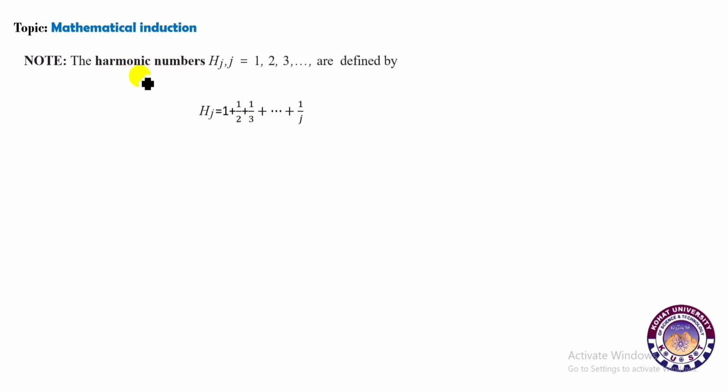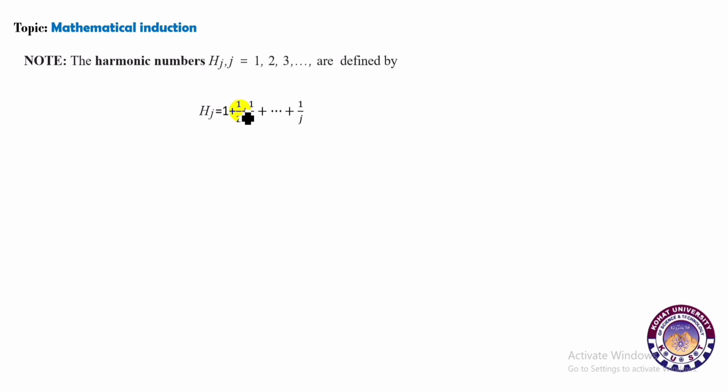Here we are interested in harmonic numbers basically. What are harmonic numbers? Harmonic numbers are denoted by H subscript j. Harmonic numbers are basically the sum of the first j numbers. H subscript j means the sum of the first j terms of a harmonic sequence. H1 means 1, H2 means the sum of the first two terms of the harmonic sequence, 1 plus 1 over 2,